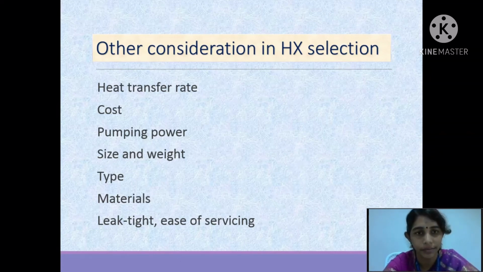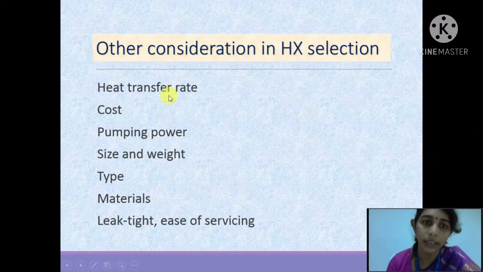Say for example, suppose the heat exchanger that has been designed is able to provide very good effectiveness, but at the cost of pumping power. There's no point in designing a heat exchanger like this, because when we pump any fluid, whether the tube fluid or shell fluid, we need electric power. What's the point in using more electric power and producing good effectiveness? There is no meaning. So pumping power is a factor that has to be taken into account when designing a heat exchanger. To a certain extent this pumping power should be less, provided the effectiveness is reasonably good. So that should be considered.